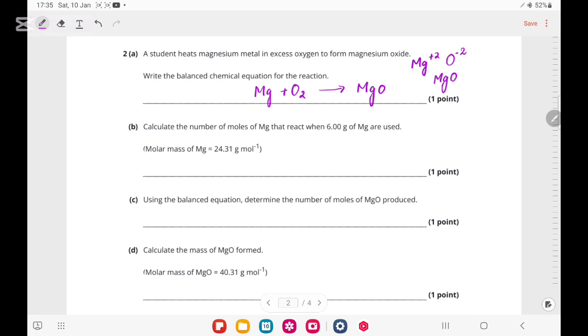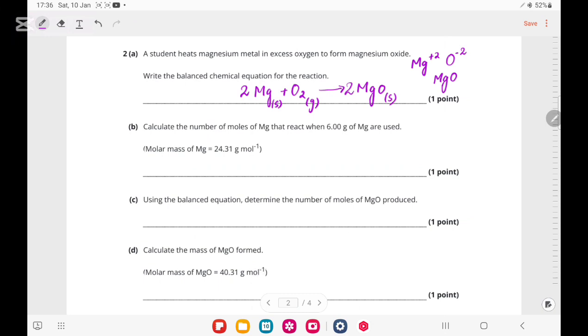So in order to balance it, I'm going to put 2 here, then it becomes 2 magnesium. I need to put 2 here as well. So this magnesium is in solid state, this is in gaseous form, and this is in solid state as well. Now, moving towards the next question, they ask us to calculate the moles of magnesium that react